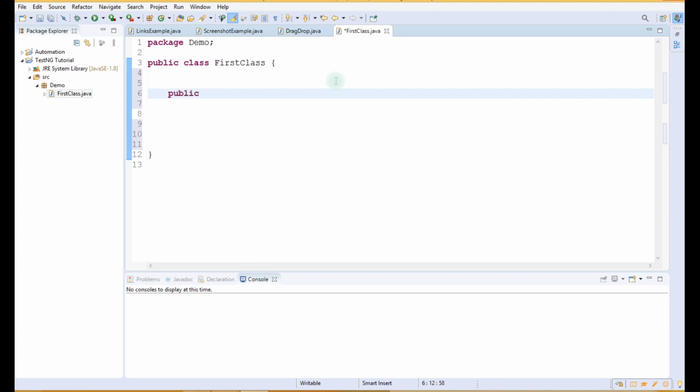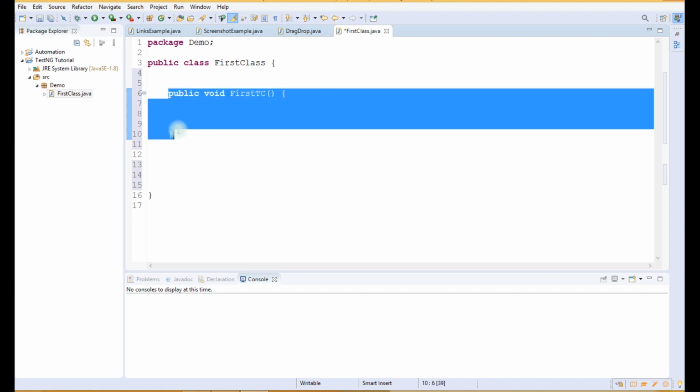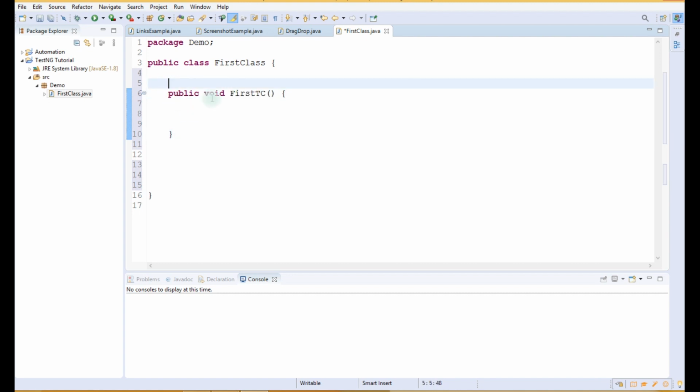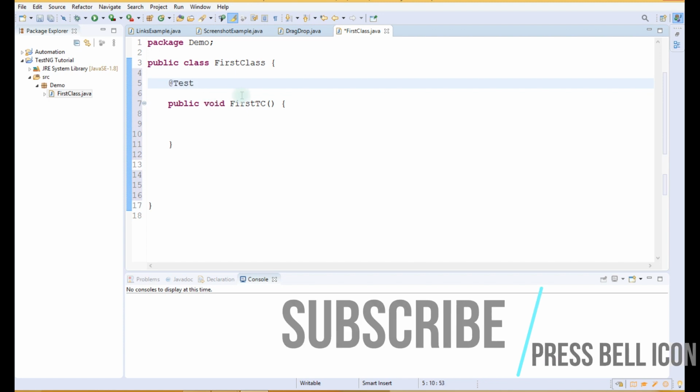Let us write public void. Public is the access specifier and void is the return type, and let us name it firstTC. How will TestNG get to know that this is a test case? For that we have to write the annotation @Test.